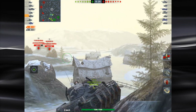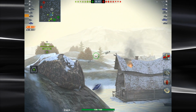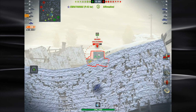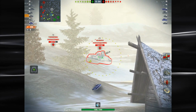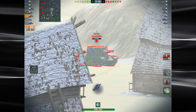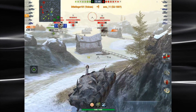But you know, this is an interesting spot here that if you're in a tall tank, I like coming here in the smasher, you can actually see over that berm. But you can see a lot of their team is down here, so we're just staying stationary and we're getting a few shots in, waiting for their true heavies to show up. A couple early shots. We're not going to be able to reload in time for the SU-100Y as he comes around, but